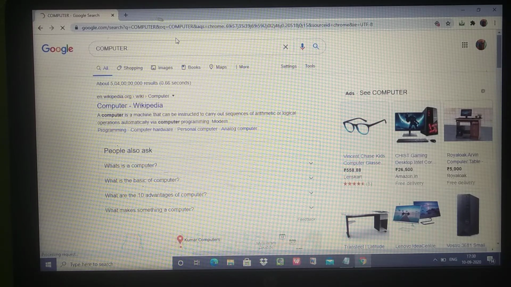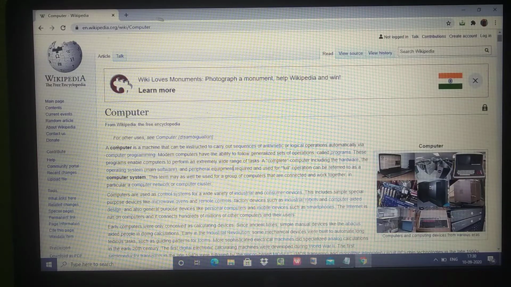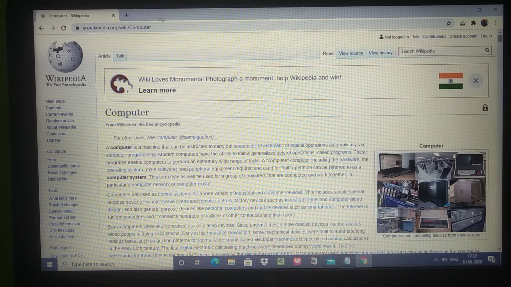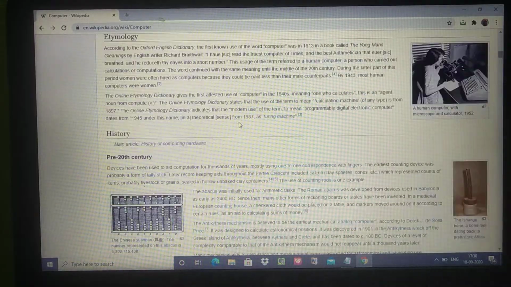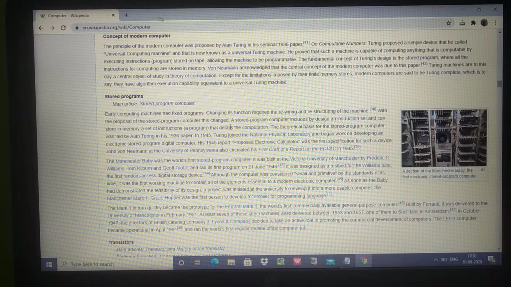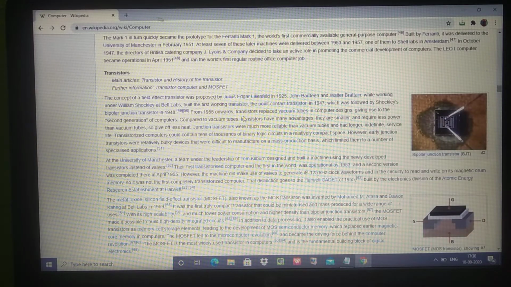So we are searching information using internet. How does it work, how is this information displayed? This information is written in the web pages. So all these pages are called web pages. See, many pages are there now. All this information is written in web pages, and these web pages are directed from one to another.